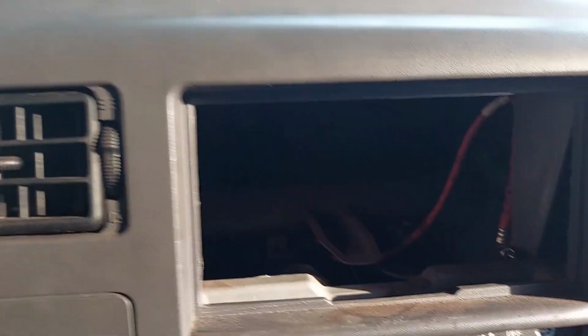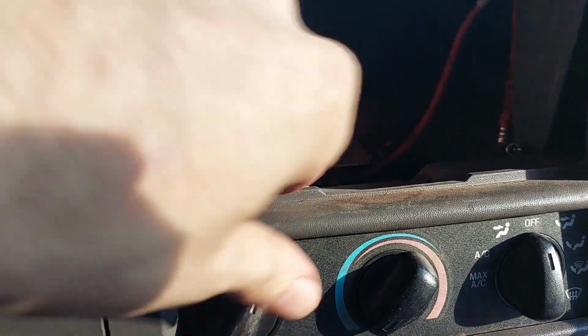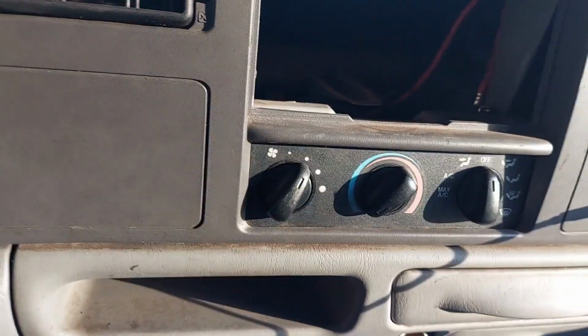I really don't like the system. I much prefer what the aftermarket guys do, generally some screws inside of a bracket. But anyway, we are back in, and this is a good repair. Alright guys, that's going to do it for this five-minute fix where we replaced a burnt out backlight bulb for